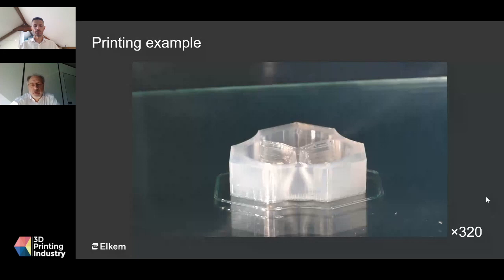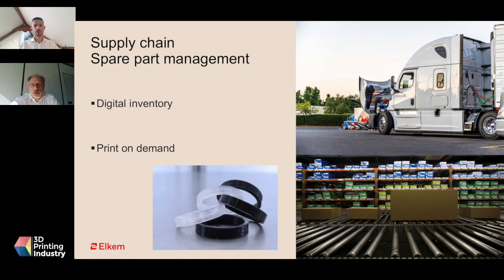So if you have a look at those two photos to the right, you see a truck and you see a distribution line, a conveyor belt, and what is the common denominator of those two ones? It seems to be a failure, because a truck is a vehicle off-road when the hood is open, and when on a conveyor belt nothing is passing, it means that you have a disruption somewhere in the line,